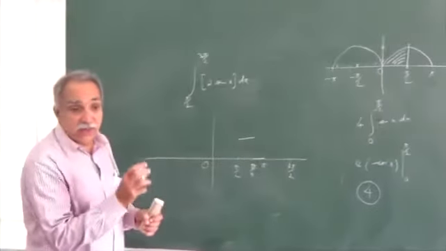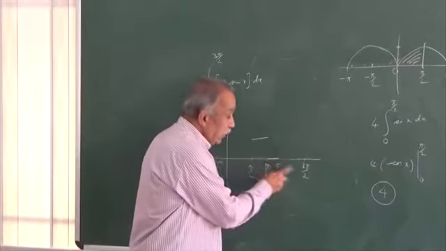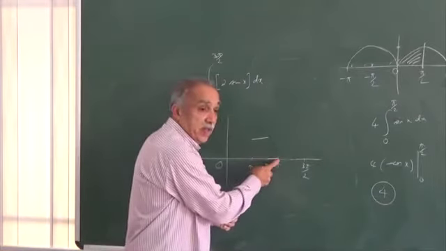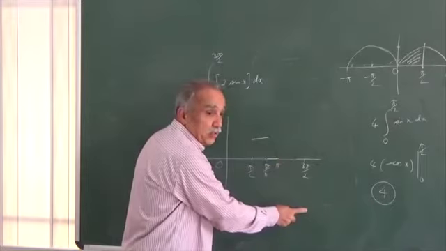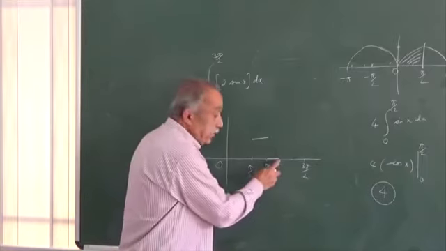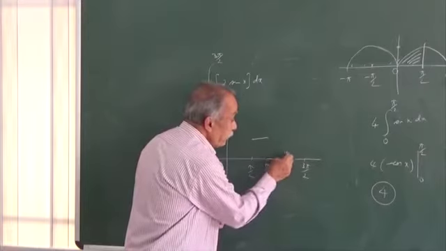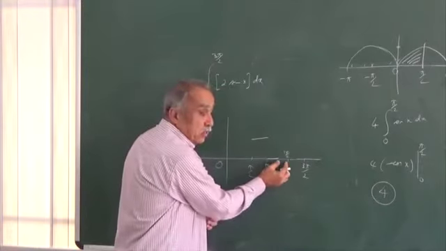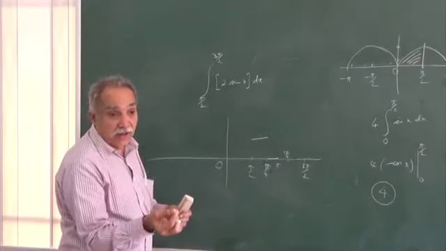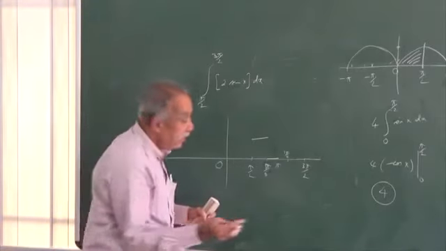Throughout the interval, sin x will remain negative. It will start its values from 0 and end at minus 1. Double sin x will have starting value 0, ending value minus 2. Somewhere in between it will become minus 1, at pi plus pi by 6, that is 7 pi by 6. For x between these 2 points, sin x will be between 0 and minus half. Am I right? 2 sin x will be between 0 and minus 1,